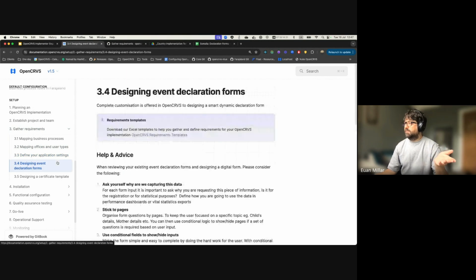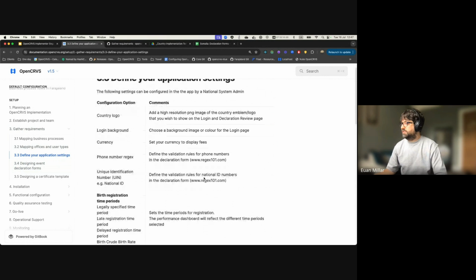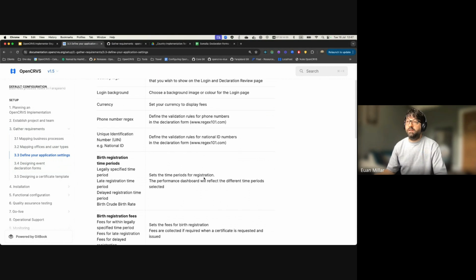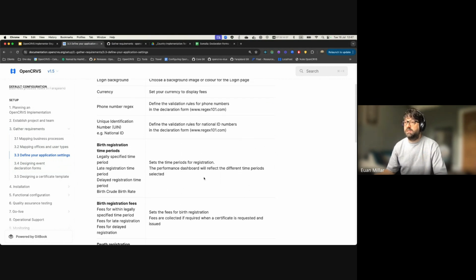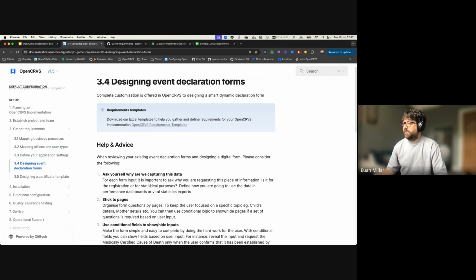And you can see, so we ask the country to tell us about what sort of form validations they need based on their phone number formats or national ID number formats, and whatever kind of identification supporting documentation they need, what is the cost of registration. It's always slightly different in different countries within certain time periods. And of course, configuring the forms to ask the right questions that are required by law